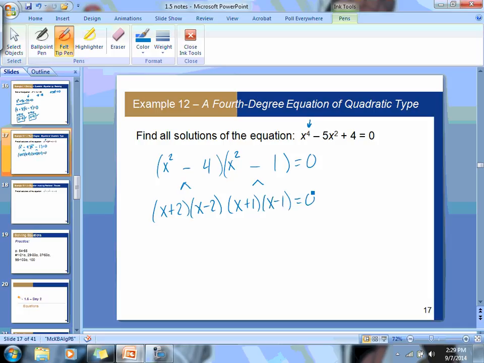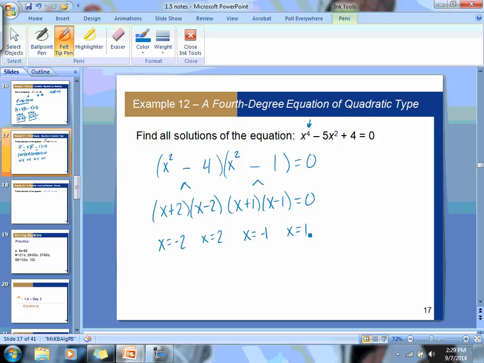And notice it was all set equal to 0. This original problem was set equal to 0, so we didn't have to move any terms over. And now I could set each of these 4 little parentheses equal to 0 and solve. So I would get x equals negative 2, x equals positive 2, x equals negative 1, and x equals positive